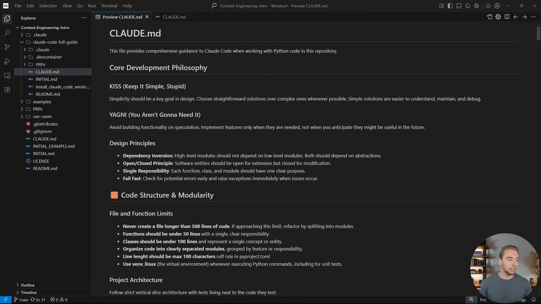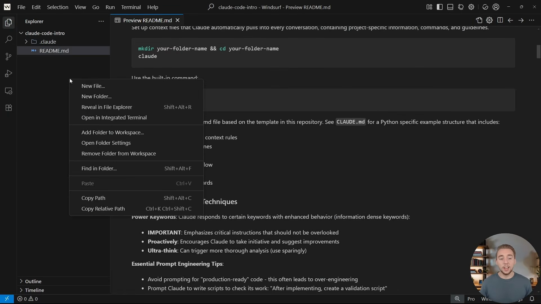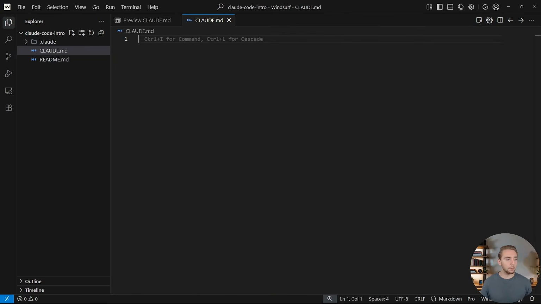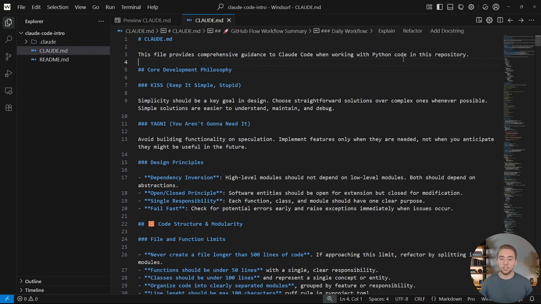And so I took the Python rules from that resource and I have that available for you just to get started with something here. And so what I can do in the root of my folder here, I can create a new file and just call it claude.md. And then I'm just going to go ahead and copy and paste the contents from the template that I have available for you. So this is how easy it is to set up global rules for your coding assistant with